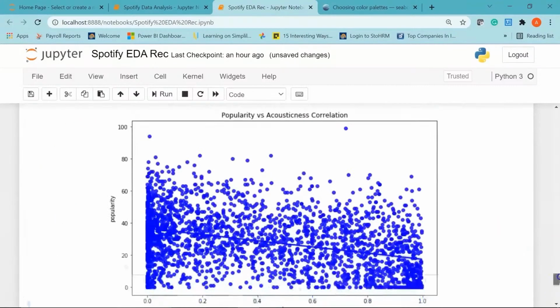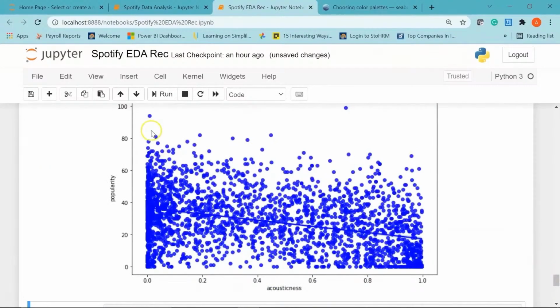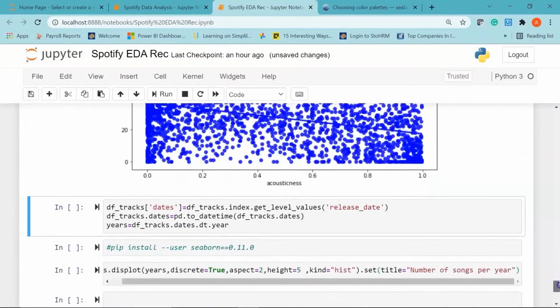There you go. So I have the different points for the songs, and here you can see the regression line is downwards, which means if the acousticness of the song increases, the popularity decreases, and similarly if the popularity increases, acousticness decreases. You can see the downward trend of the regression line. Alright,